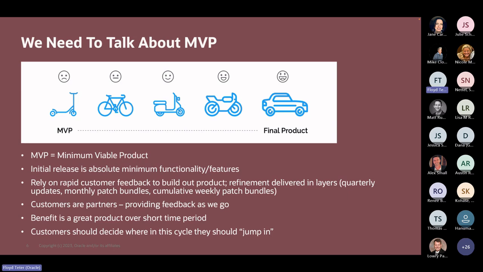And the reason I say that is because there are some customers that want to be right on the front end of this MVP. They'll burn the resources. They'll expend the effort that needs to be expended to stand this thing up in a non-production instance and kick the tires, test it, give us the feedback through SRs, through ideas in the Ideal Lab, through